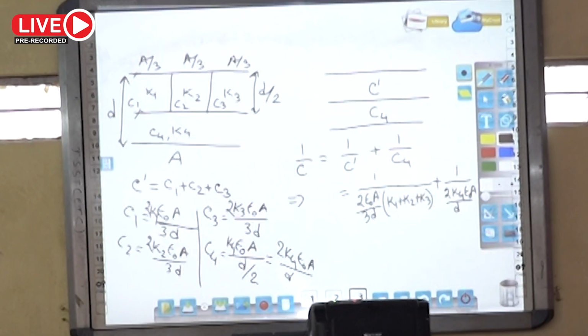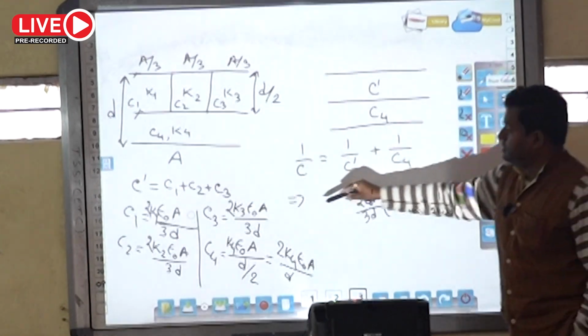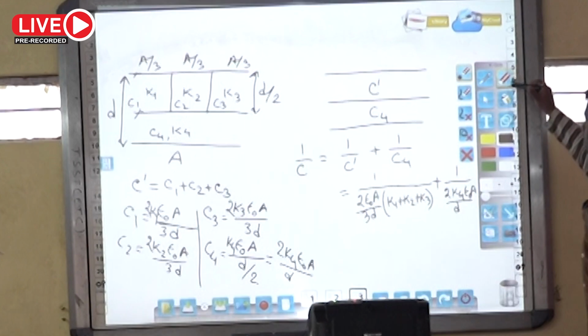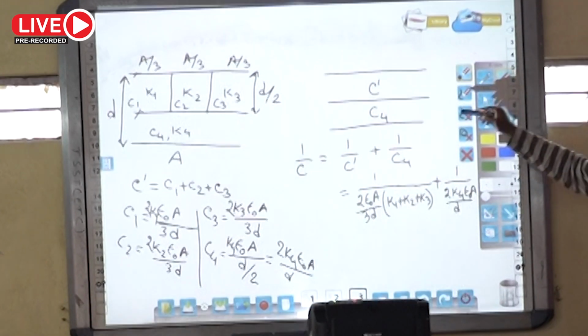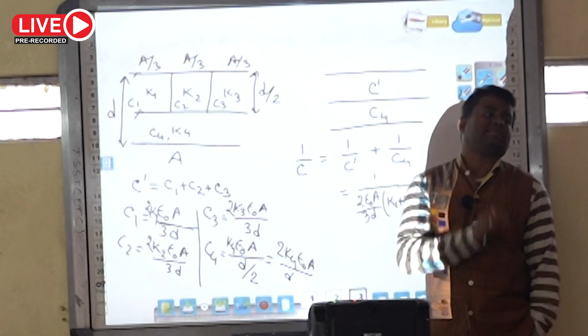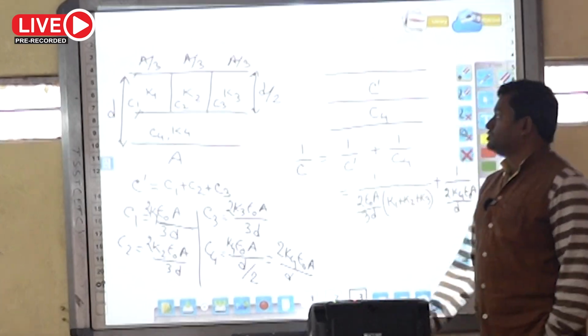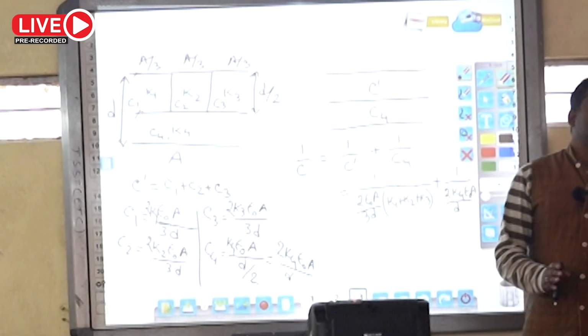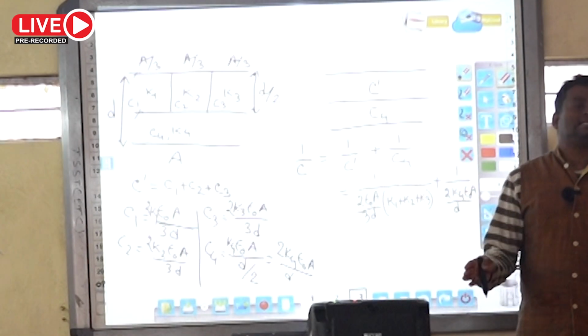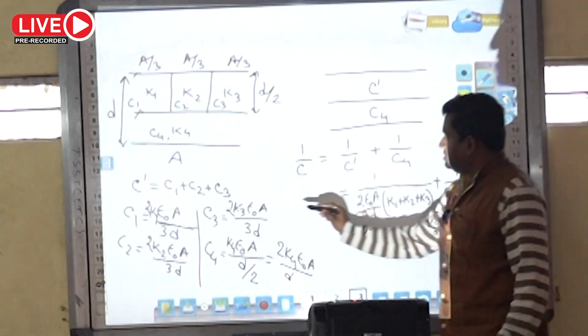Okay. Now, what you can write for this C? If I consider that the entire combination is replaced by a single capacitor, then that is called the equivalent. So for the equivalent, area is A, distance is D. So we can write for the equivalent